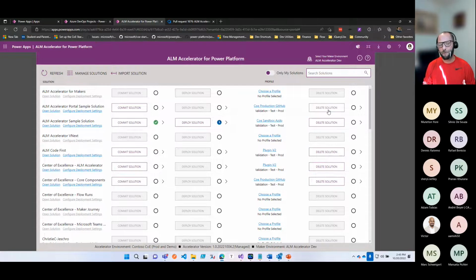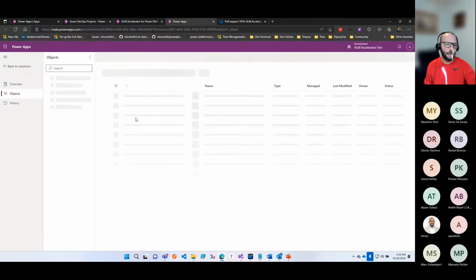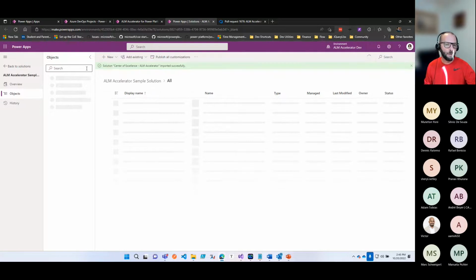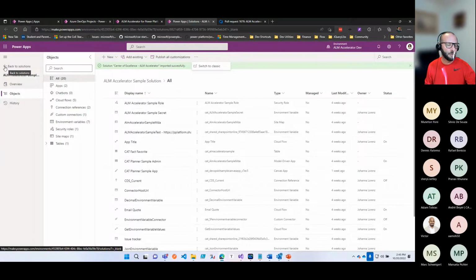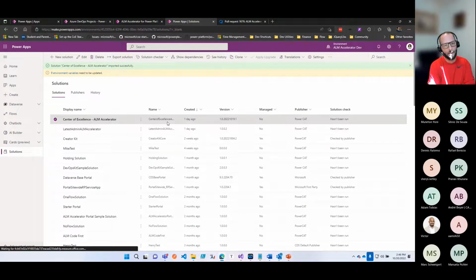So if you have an unmanaged solution, I've got my sample solution sitting out here, and this is an unmanaged solution. If I want to delete that, I can absolutely go into the maker portal, and I could choose to delete it from here. Well, maybe not from here, but maybe back on the previous screen, right? So I could absolutely come in here and delete an unmanaged solution. However, that doesn't delete the components under that unmanaged solution. It only deletes the container. And so you're left with all of the stuff that was under that container,